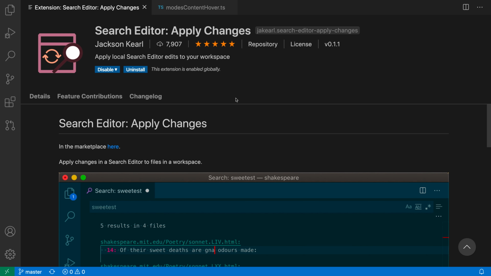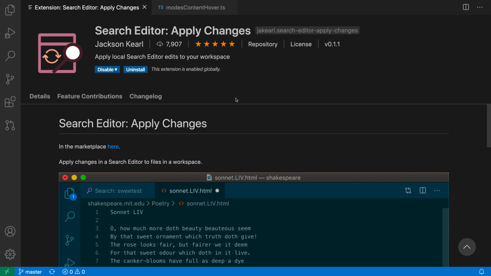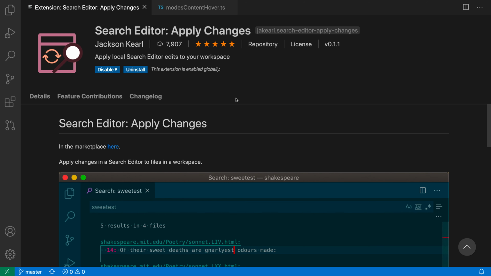The Search Editor Apply Changes extension lets you use search editors to edit multiple files in your workspace. This also lets you use multicursor across multiple files. Here I've already installed this extension, so let's switch over to a TypeScript file to take a look at how